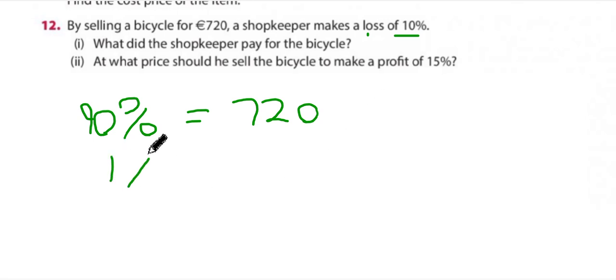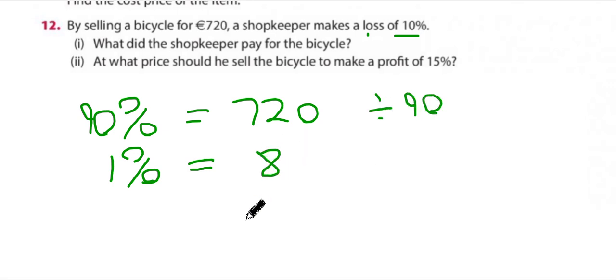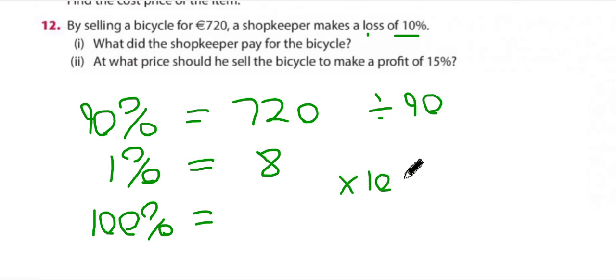Find out what 1% is. How'd you do that? No, it's not 100 though. It's 90. So you divide by 90 and you get 8. Then you find out you didn't buy the bike for £8, did you? That seems unreasonable. You multiply it by 100 then, and what do you get? 8 by 100. 800 makes sense. You bought it for more. You bought it more expensive than